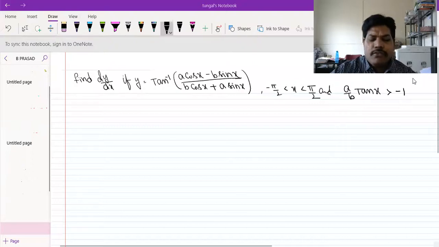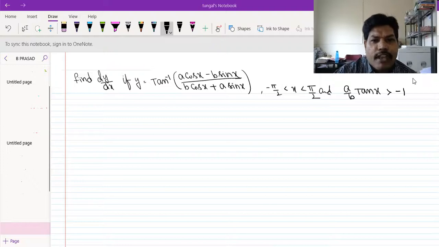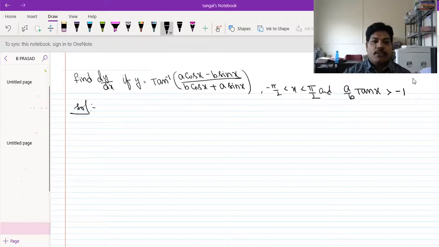See the next question. What is the next question, students? If y is equal to tan inverse of a cos x minus b sin x by b cos x plus a sin x, then what is the question? We have to calculate the dy by dx value, if minus pi by 2 is less than x less than pi by 2 and a by b into tan x is greater than minus 1. So see that question, students, how to solve this question here. Given y is equal to